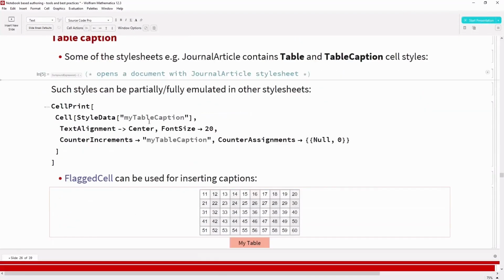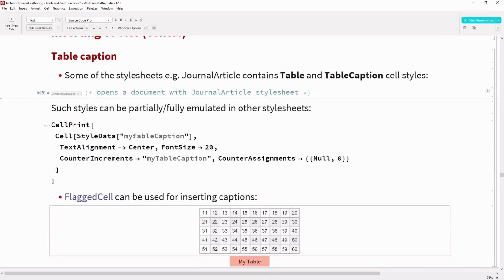Similarly, you can edit your style sheet for a particular table type insertion, and you can always use a Flag cell in order to show tables in the notebook and give them captions.